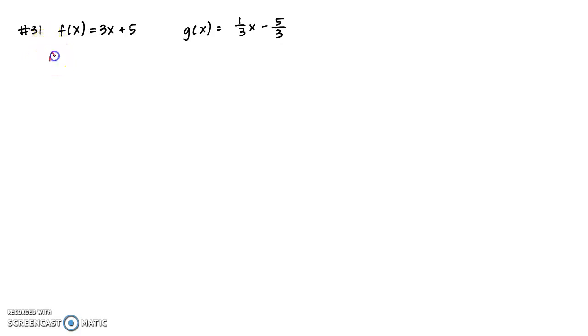we need to first show that f of g of x gives us x, and then we also need to show that g of f of x gives us x. Basically, this is showing us that if I start with x, I apply the g function, and then I apply the f function to that, the f function is going to undo what the g function did,